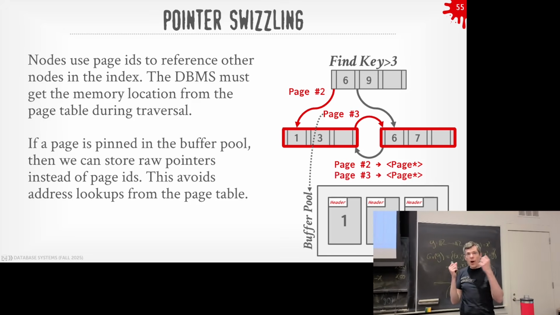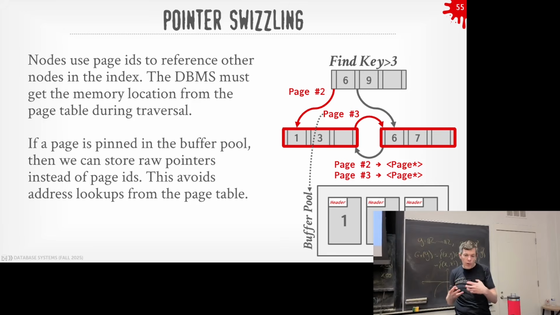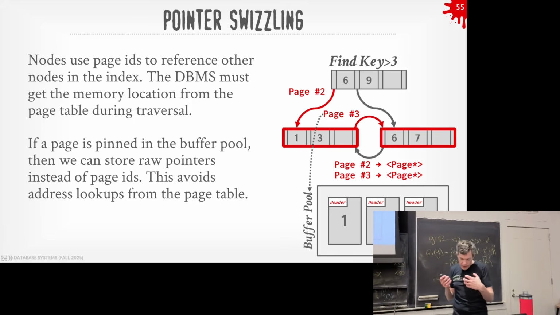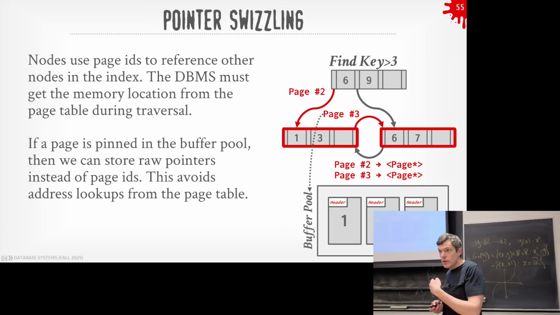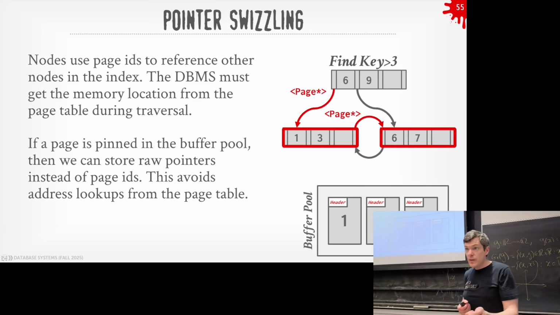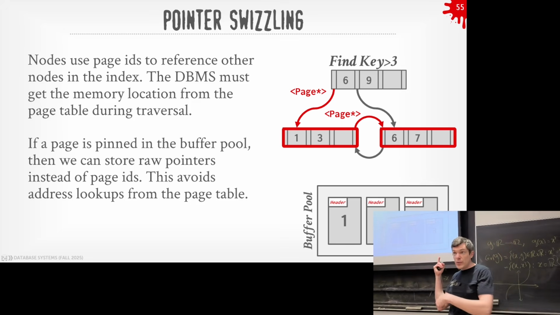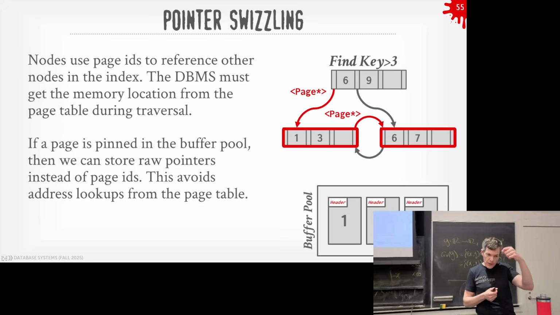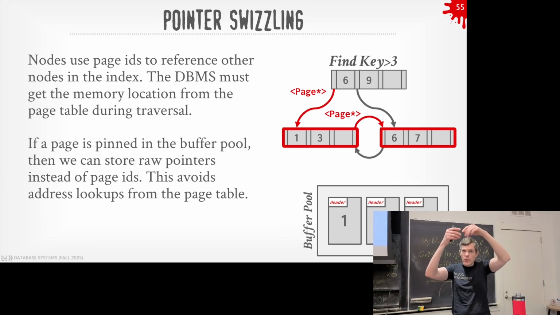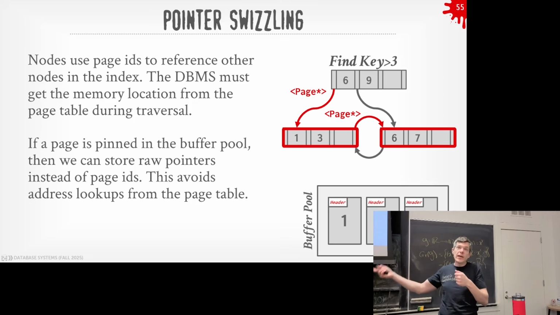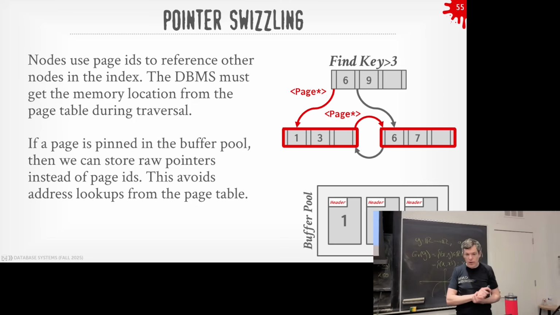But because now we know it's a hierarchical data structure, we can have some guarantees about the order in which things would get evicted if we're a bit careful about this. So instead of actually storing the page numbers in the pages, we store just the pointers to the actual data. We have to pin those pages, make sure they don't get swapped out and replaced with something else, right? But now when I have a swizzled pointer, I basically have a little region in my page where I can store the actual raw memory pointers, and I have to know that if it gets evicted to disk and brought back in, those pointers are not valid anymore. But now I can just look at my page and go directly to the location that I want as I do my traversal. And you get a huge win if you do this.